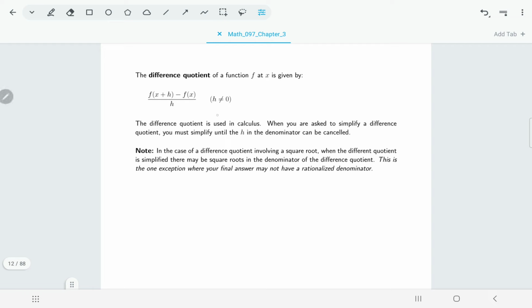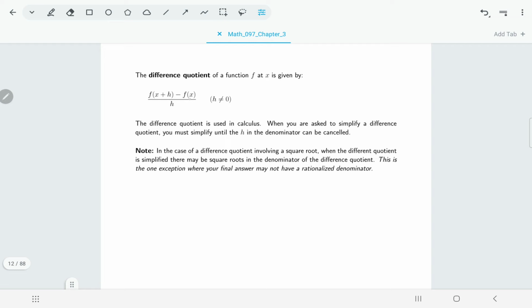So for those of you who are going on to calculus in the future, you will see the difference quotient there, and it will be explained what its purpose is and why we care about it. For us here in Math 12, in pre-calculus, all we care about is being able to simplify a difference quotient. So all we need to know is that the difference quotient for a function is found by taking this expression, f of x plus h minus f of x, all divided by h,